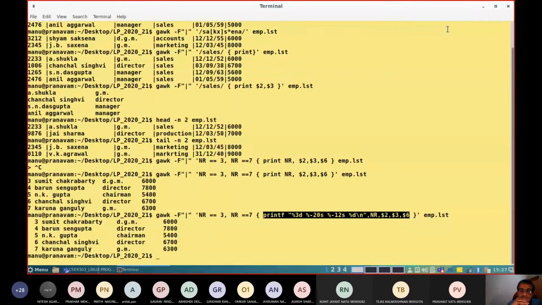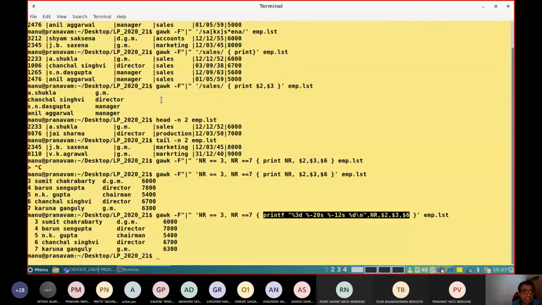Now what is the meaning? Even that %3d, %-20s, %-12s, this also works in C language. I don't know whether you practiced this kind of formatting or not. Now when you write -20, look into the way the names are arranged, or look into the %3d, the first line number field. Look into the first command and second command.